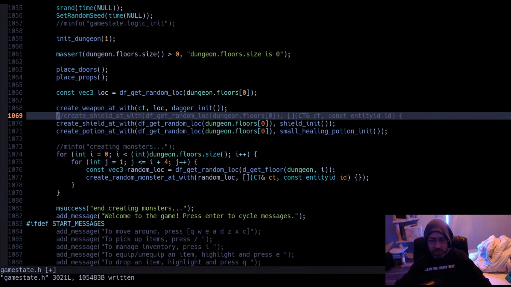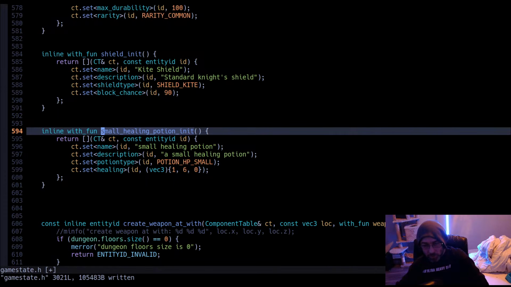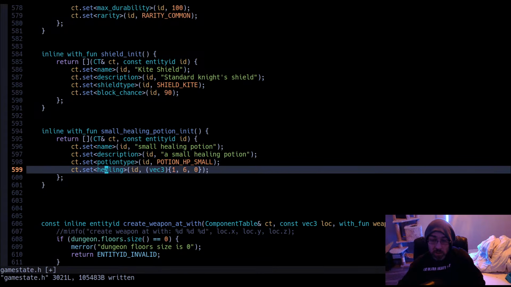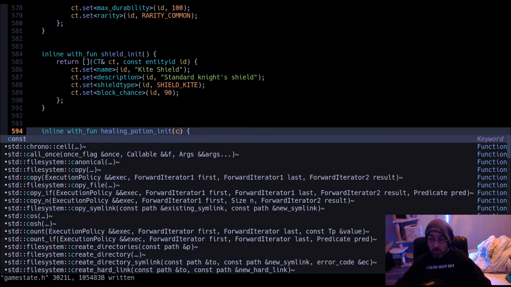I'm just realizing too, it's really interesting because you can return a lambda that's just defined on the fly. Then I could technically parameterize this and introduce, if I know I'm creating a healing potion in general and I want to be able to assign a custom healing property or amount, then that could be a parameter that I actually add in. So if we were to try that here, what would that look like?